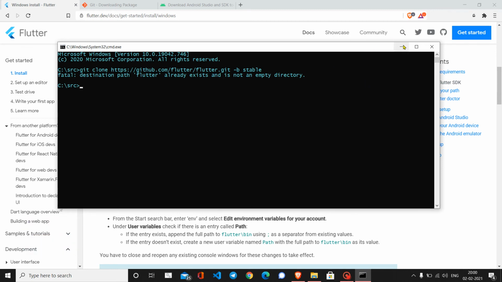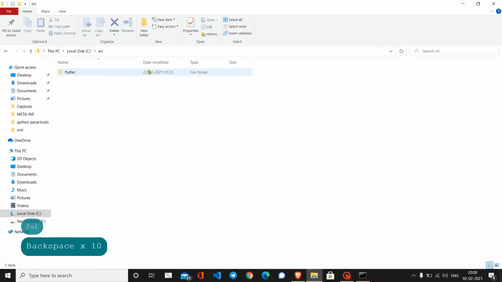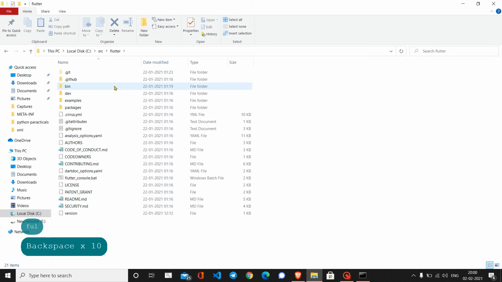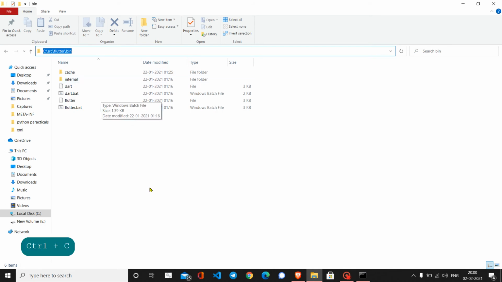Fine. Once you have downloaded this Flutter SDK, then what you need to do is go into the Flutter directory like this. Then you need to go to your bin folder, and then again double click over here, copy this path, and